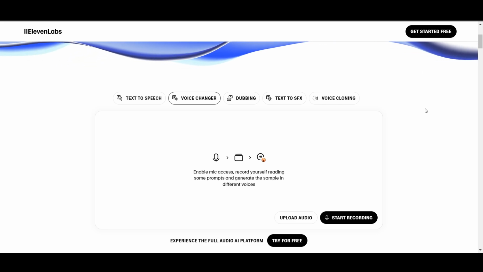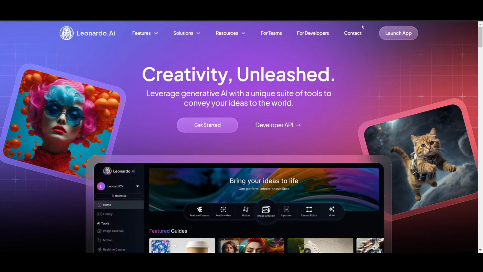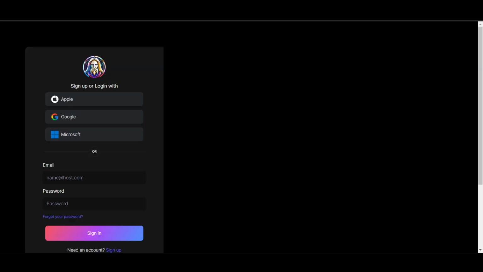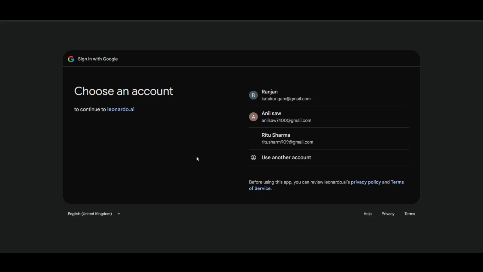So we need to create our characters. For this I use Leonardo AI because this is free for very initial use, right? And daily we get some credit so we can use it for free. But if you have a subscription to Midjourney or any different kind, you can use it. Now once you log in to your Leonardo account here,